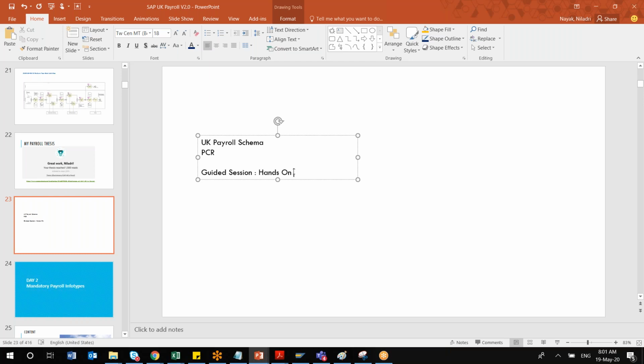Conceptually, you have to understand the statutory law, the different statutory items, because I'll take one complete session for understanding the statutory laws of UK payroll, the tax part and all. Anyway, that will be coming. But what are the respective info types, and what are the different configurations related to them? I'll guide you, and you will perform that. It will be more of an interactive session rather than only me speaking and you listening. We'll focus on hands-on exercises so that you can learn better and retain more. That is my idea of guiding through.